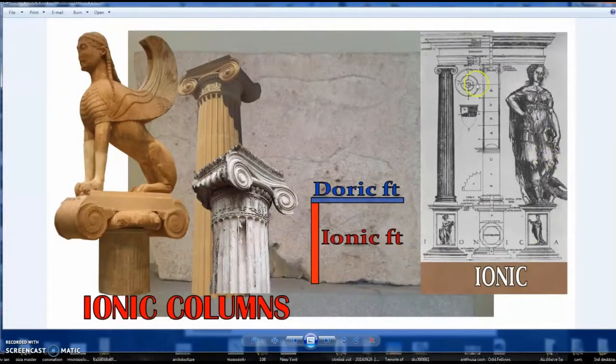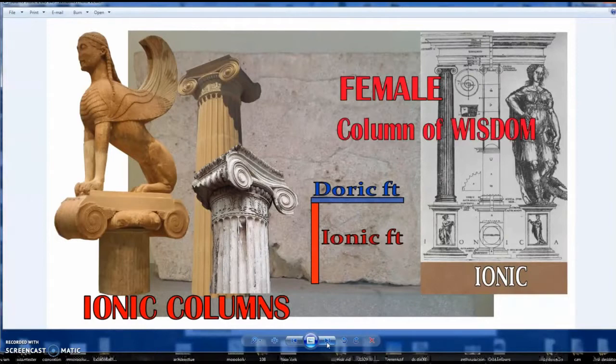And just as the Doric represented the male, the Ionic represents the female, the mature female, as opposed to the maiden or the virgin, which is represented by the Corinthian column. It's also known as the column of wisdom. So whereas Doric is the male or the column of strength, the Ionic is the female column of wisdom. Now these little swirls at the top are meant to represent the swirls of a woman's hair,